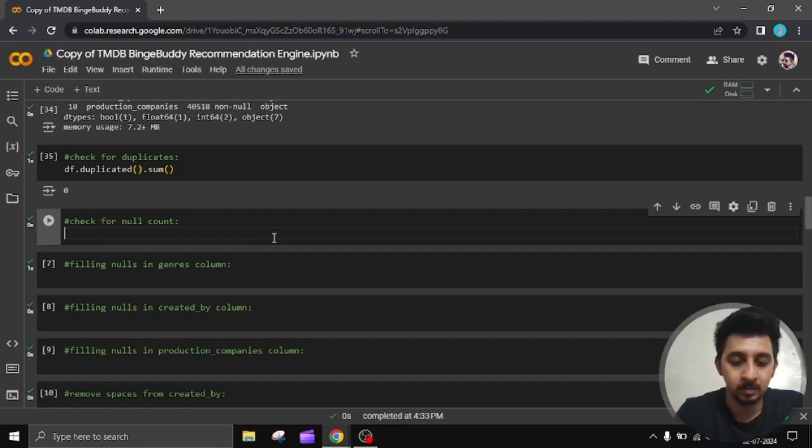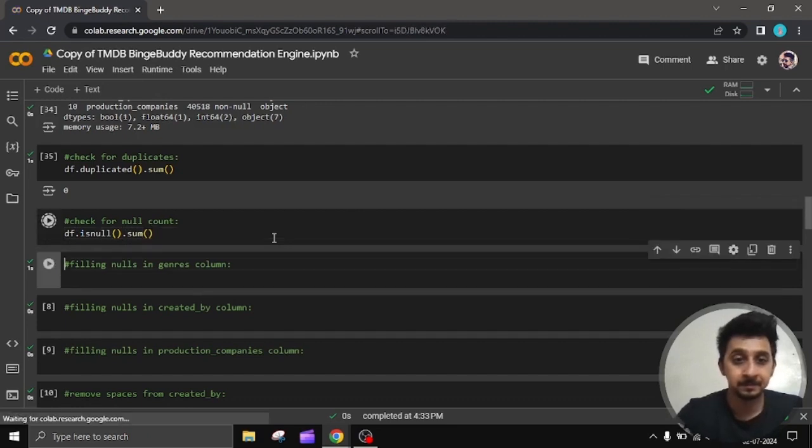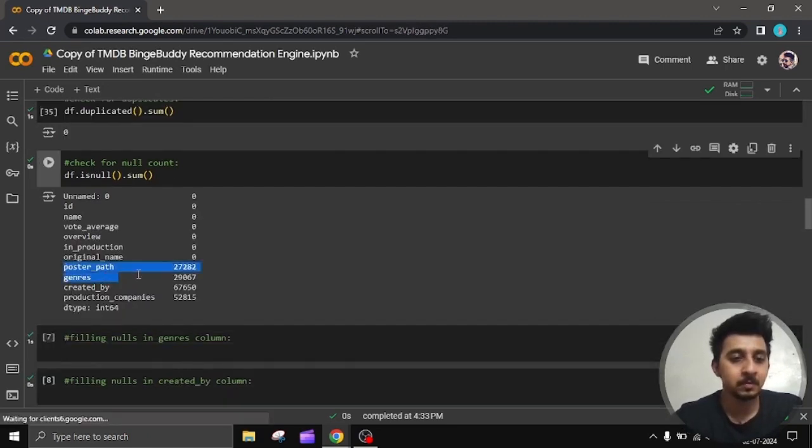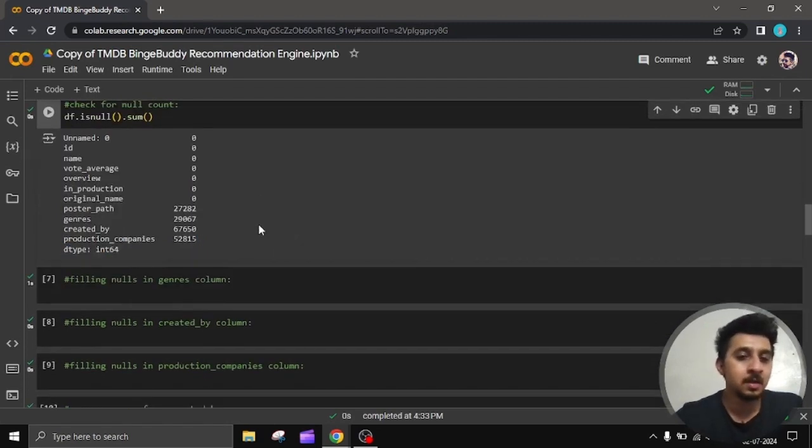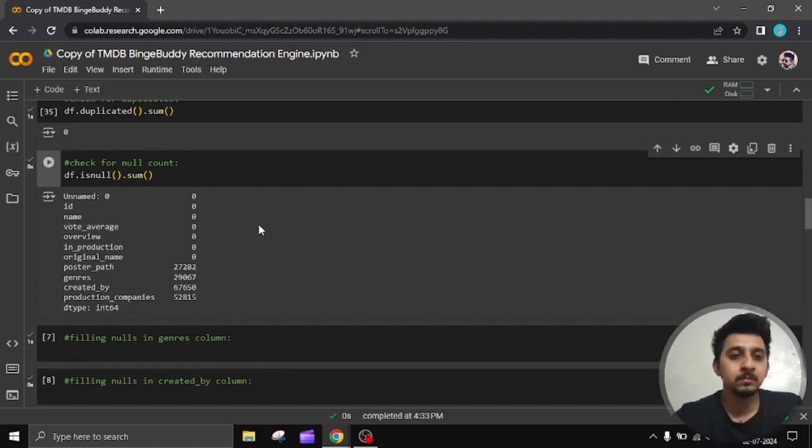Let's check for the null count. So df dot isnull dot sum. We have a lot of nulls in poster path, genres, director, and production companies. What we have to do is merge overview, genres, directors and production companies, so that we get a whole description of that particular web series. To do that, first we will need to fill up all the nulls,